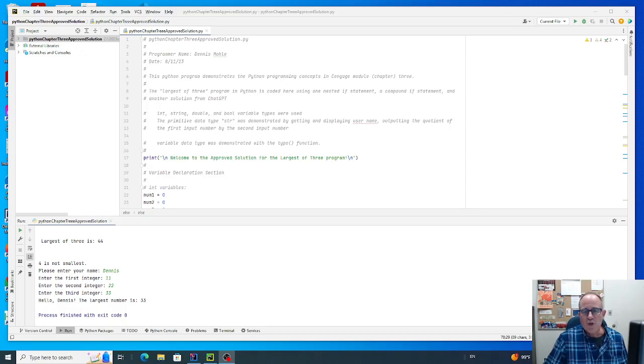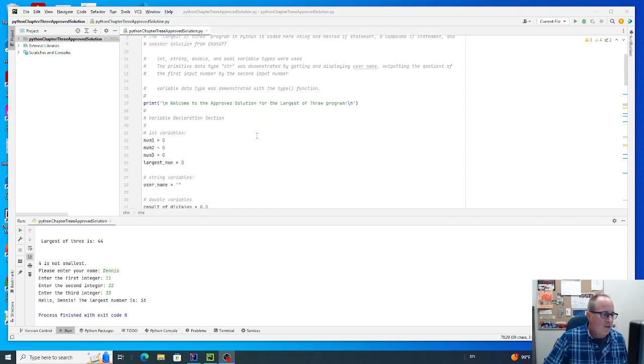For the approved solutions, I would like you to look at them, make sure you know what's going on, use the concepts in the approved solution to modify, edit, and revise your own code, and then submit that revision to GitHub with a commit, and you'll get credit for a commit. All right, to cover this,